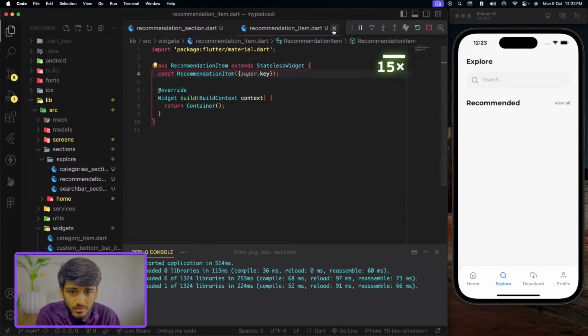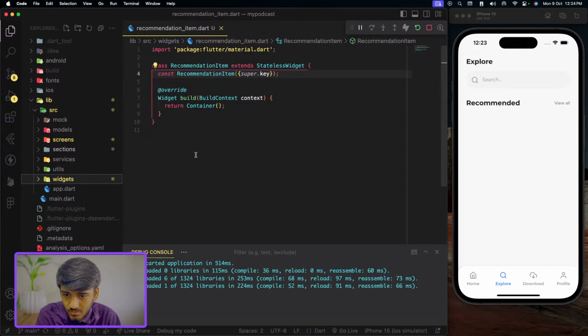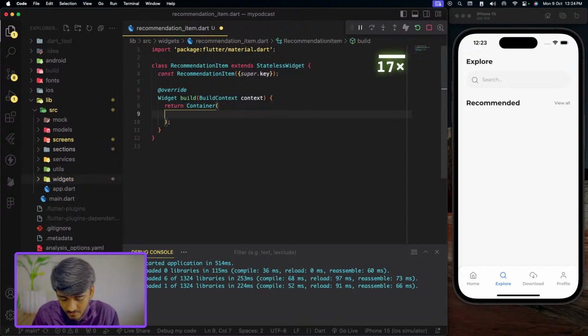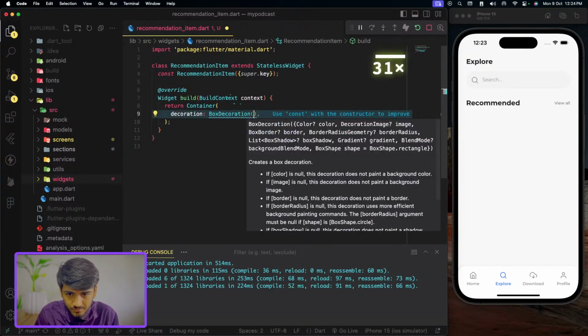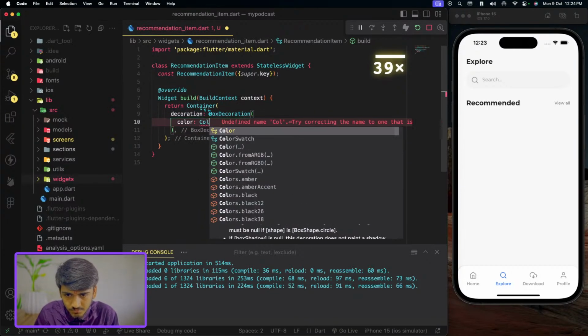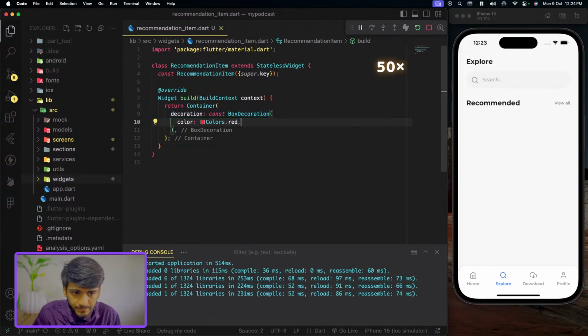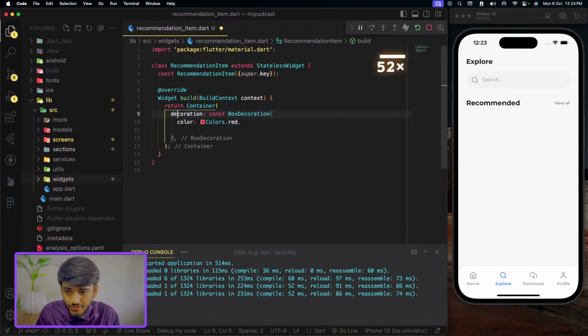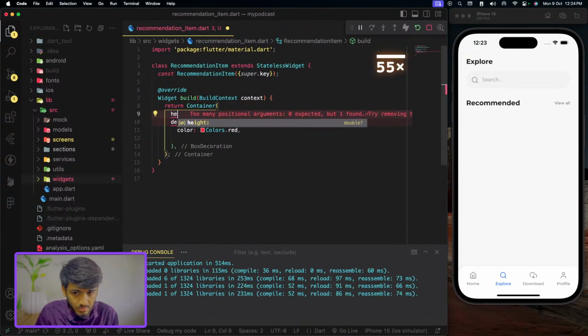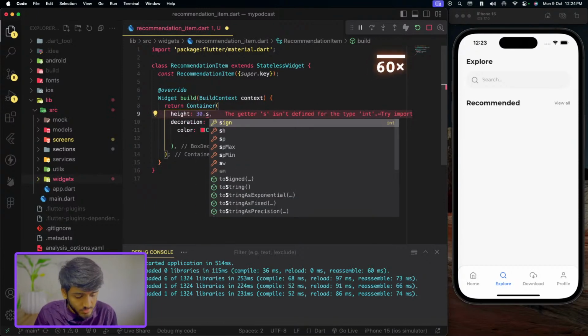this container and let's have the red container and some hard coded